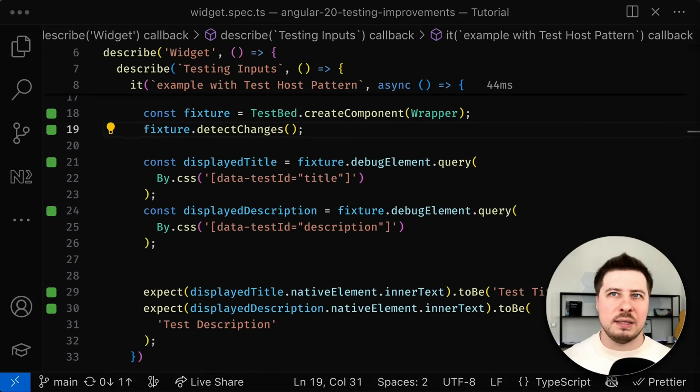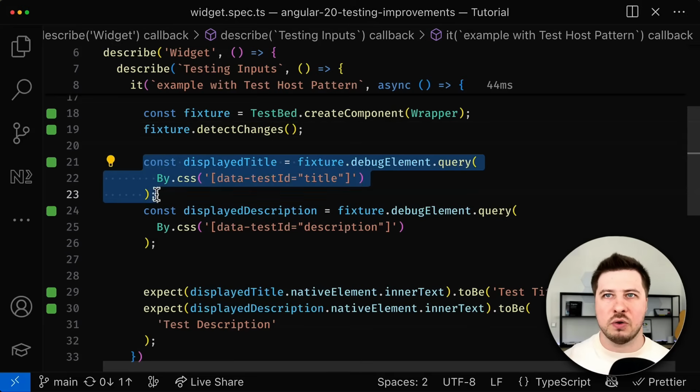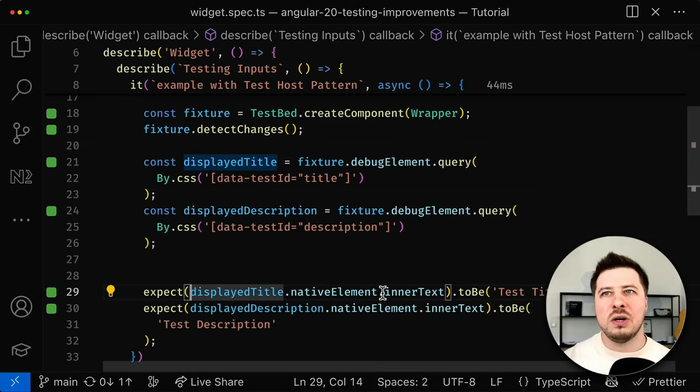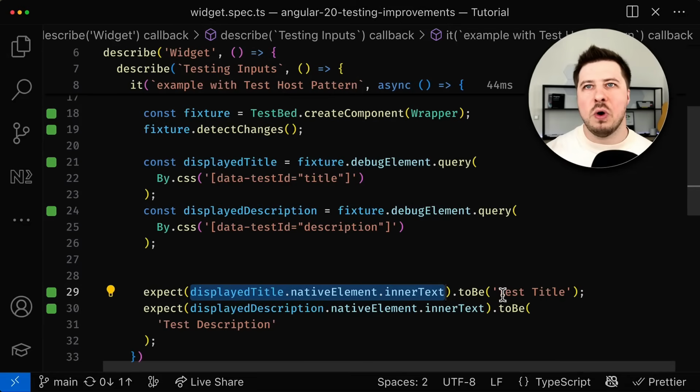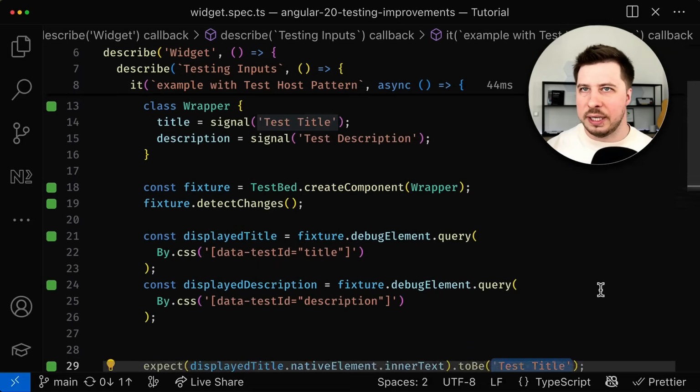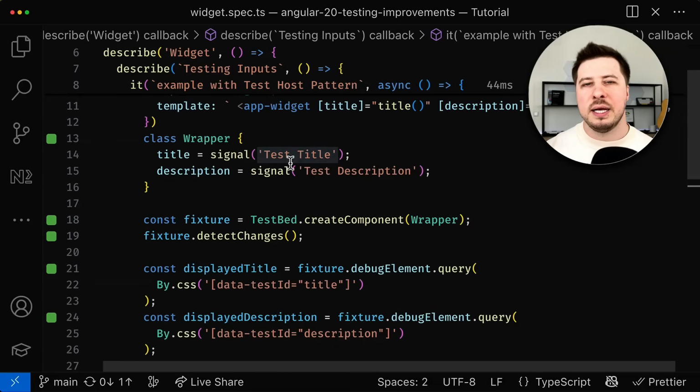After that, I simply reference the DOM nodes in the widget component template where the corresponding title and description text have to be rendered, and I just make sure that the inner text of those DOM nodes is equal to what is provided through the corresponding inputs. So the text for the title should match the text of the corresponding signal that is bound to the title